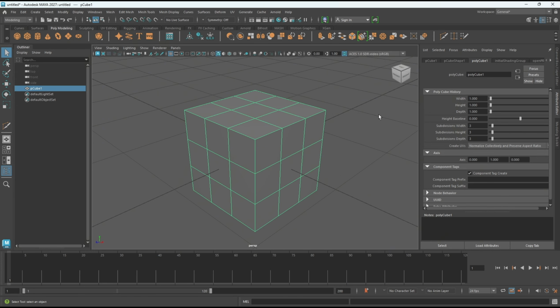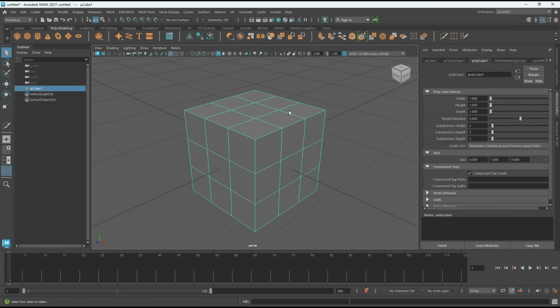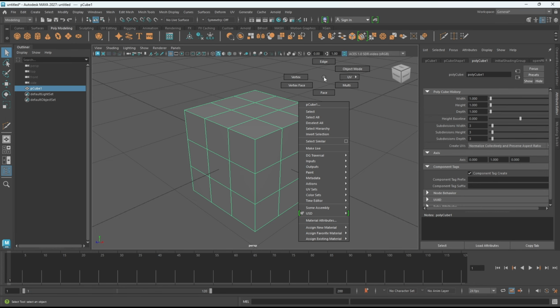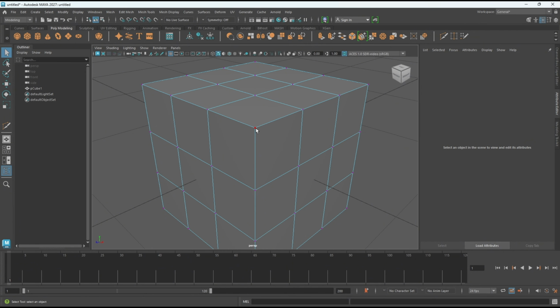Next, to connect two vertices, you can set the selection to vertex: right click, hold, and then choose vertex. I will connect from this corner point to here, so I will create an edge. You can use the Multi-Cut tool, this icon, and then click on the first vertex and the second vertex, so they are connected with the edge